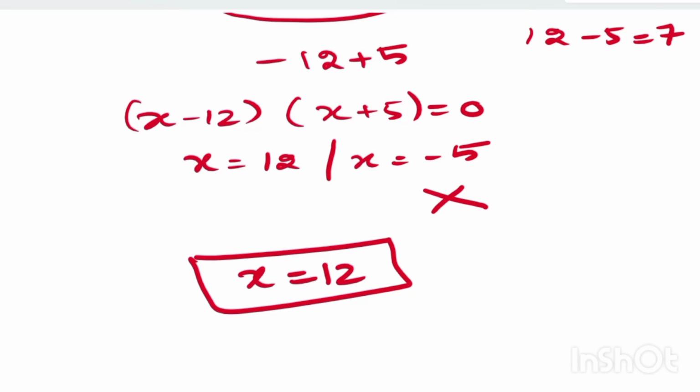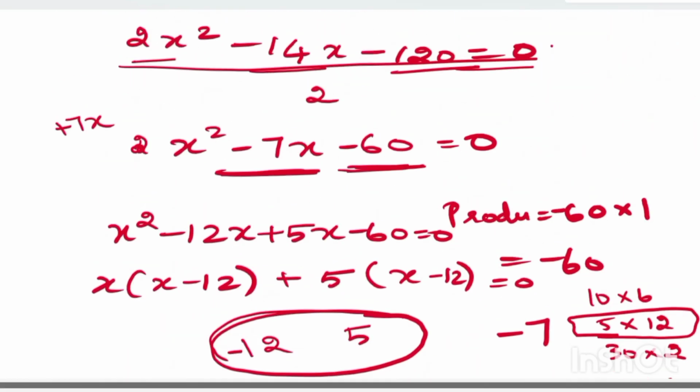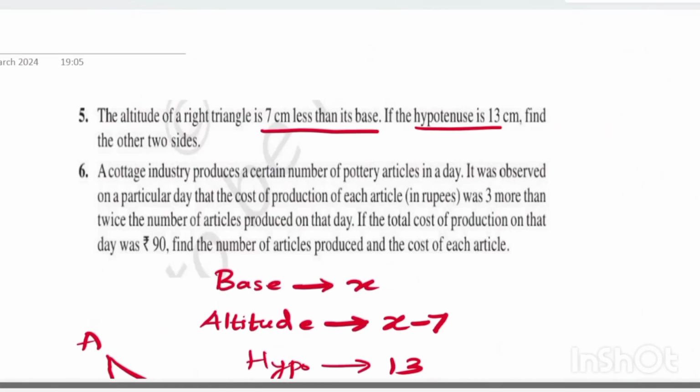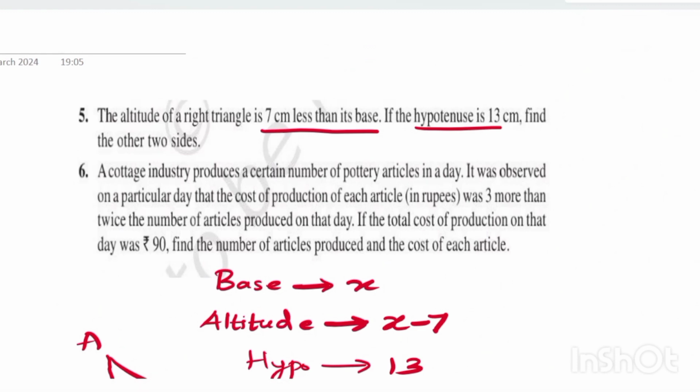Now we'll move on to the next question. What is given in the next question? A cottage industry produces a certain number of pottery articles in a day. It was observed on a particular day